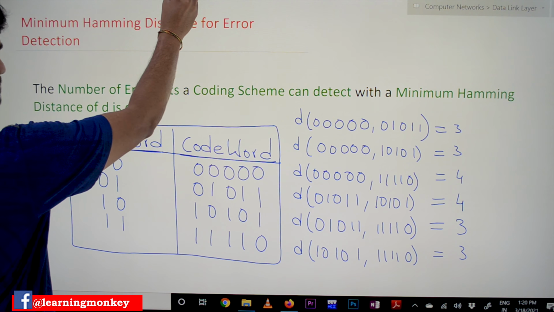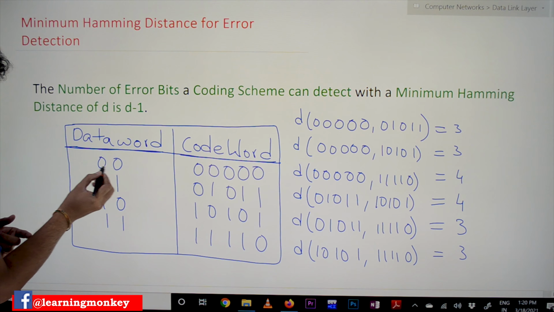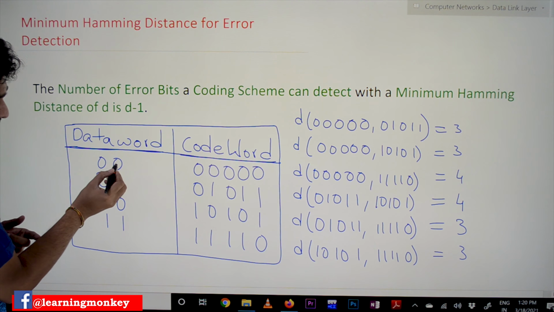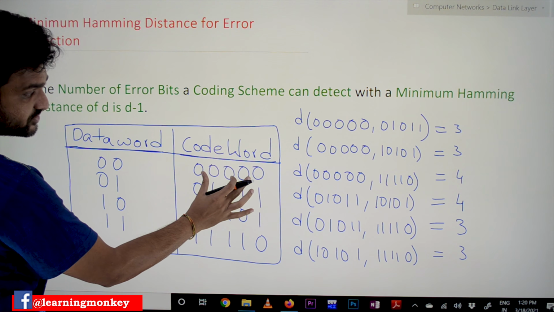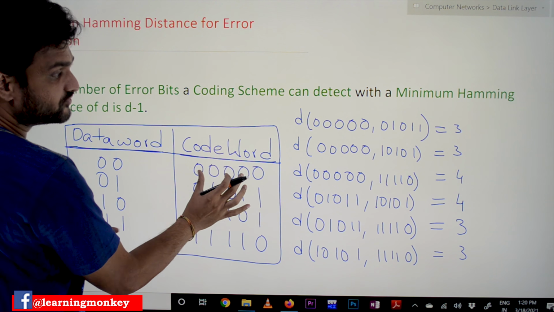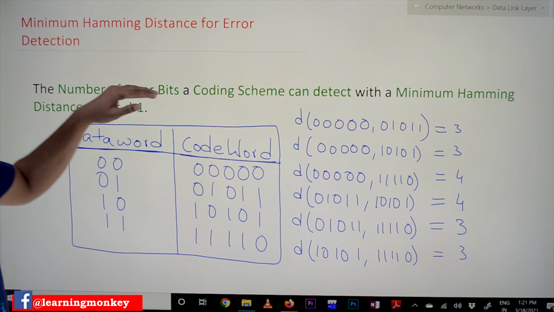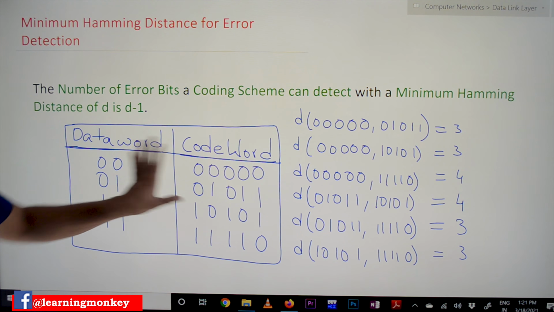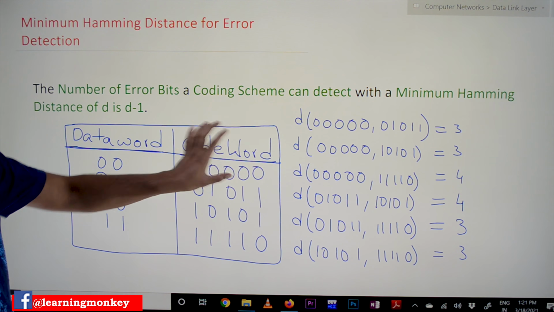All these concepts have already been discussed, hoping that you have watched those videos. So data words will be converted into code words in this way.